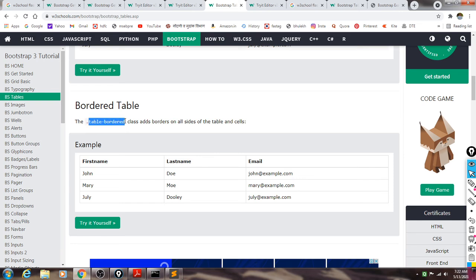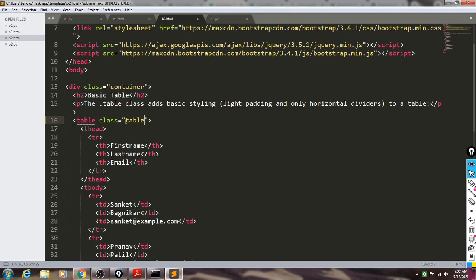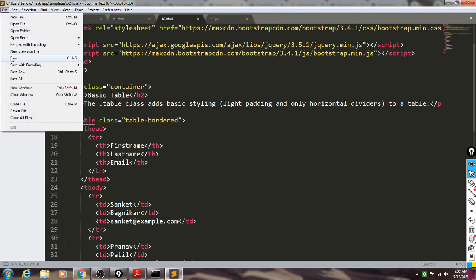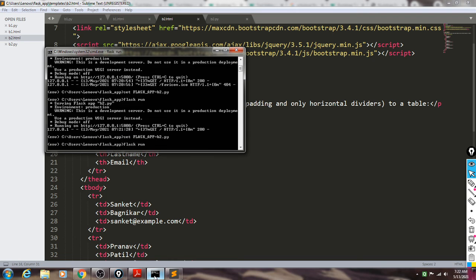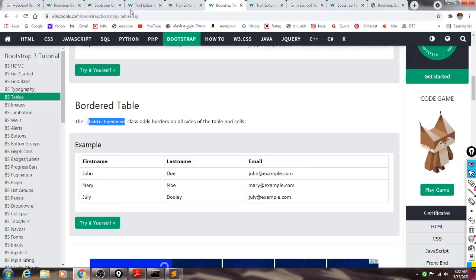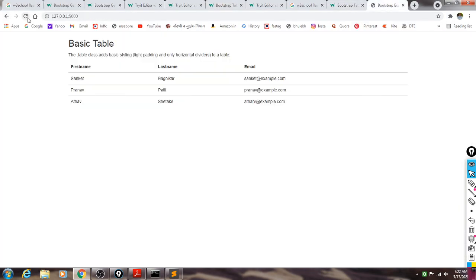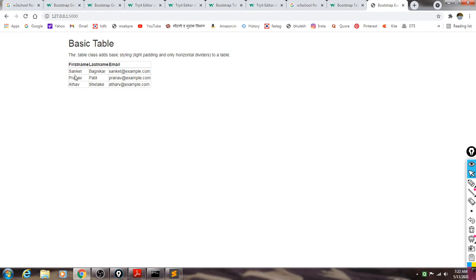Okay, look here how we can change the class and how we will get the output in a different manner. So here we are using table-bordered. Okay, contents remain the same. So save this one. Again when we execute this, we can refresh this one, we have this URL, so we will get the output like this. Okay, contents are same, only we are changing the class because we want to put the output in different formats. So likewise you can display the table.